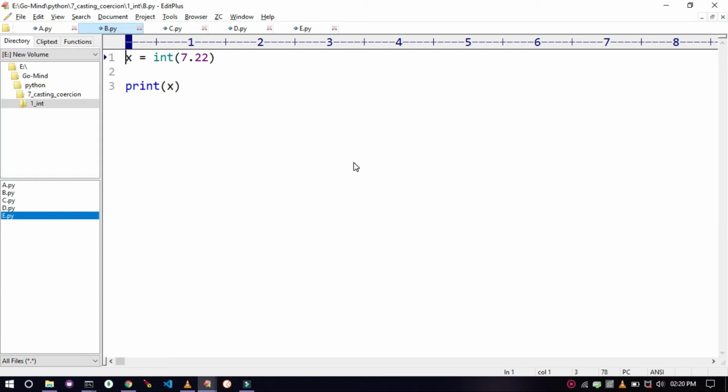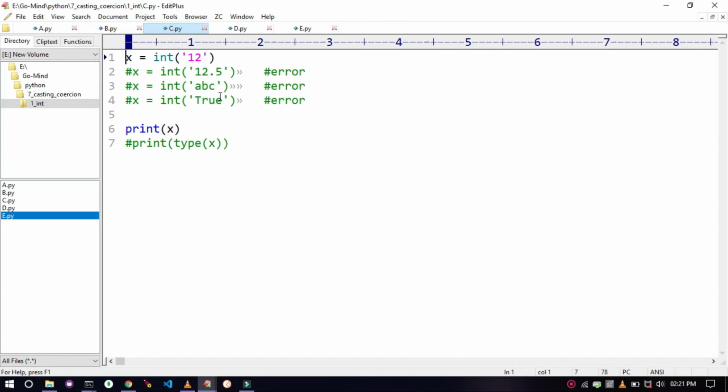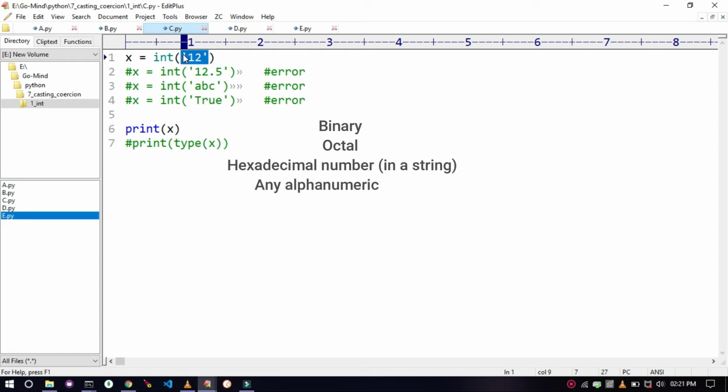The second case we have seen was converting float to int. When we pass a float value in the int constructor, it is converted to int with the loss of precision, meaning the value after the decimal point will be lost. The third type we saw was converting the string to int. There are different cases for which the value is converted to int and cases which give an error. The case is legal only when there is a decimal integer inside the string. Other than this case, binary, octal or hexadecimal numbers, any alphanumeric string, float type or string with special characters all